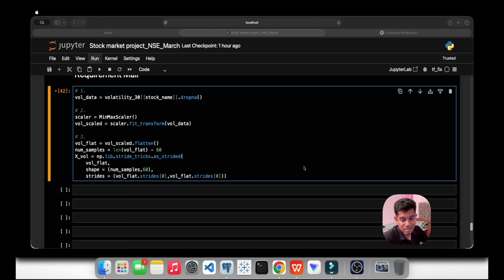So predictions equal to model dot predict, and in this we will predict on X test. Then we will do prediction again. We will also take care of the scaler part.